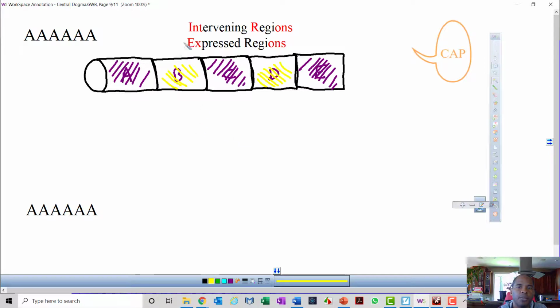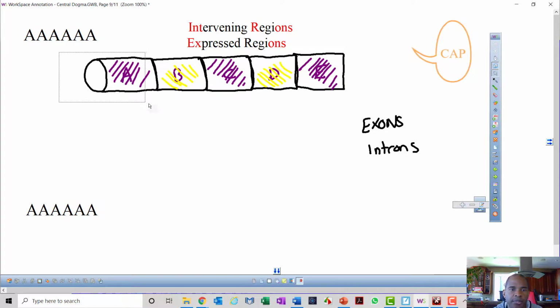So we have acronyms. Expressed regions are called exons, and intervening regions that are in between the expressed regions are called introns. Okay? So what's going to happen is the exons are going to be stitched together, or the introns are going to be taken out. So this region here